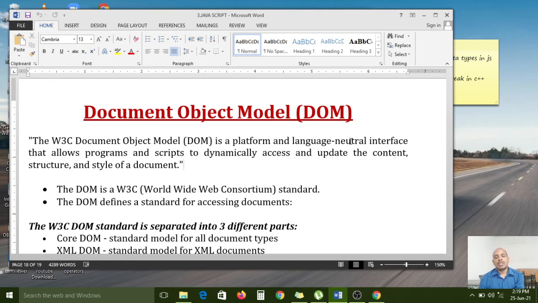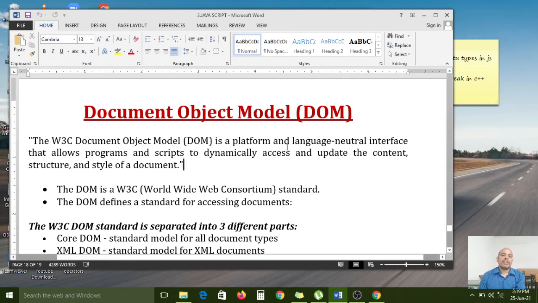For example, if you want to develop a program using .NET, PHP, or some other technologies, the document object model will work for them also. That's why it is called a neutral interface, nothing but a common interface.